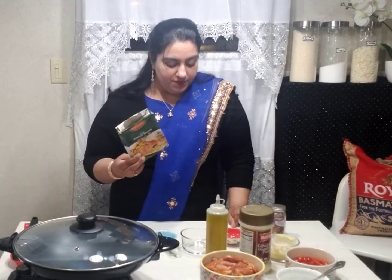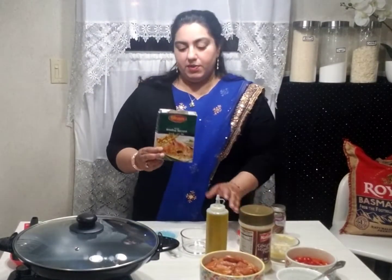What we're going to need is the spices. Now I have here Shan Bombay Biryani Masala. I've heard that this is the best masala there is for biryani. So you can purchase this. You can make your own fresh masala. Just pick up a packet. It's so much easier. Before using this packet, what I want you to do is